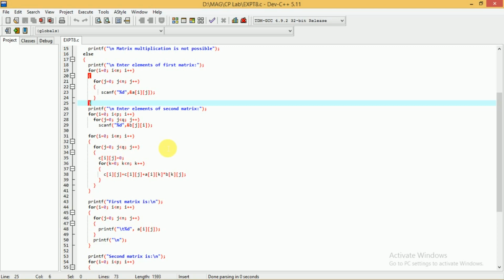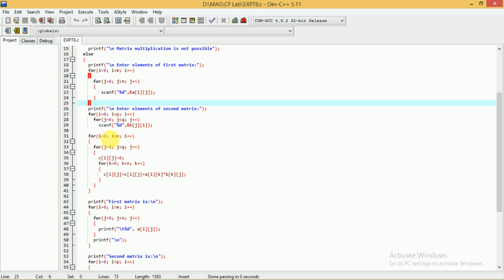If n is equal to p, the order of the resultant matrix will be m by q. So the number of rows will be m and the number of columns will be q in the resultant matrix. Corresponding to that we have to take two for loops here.